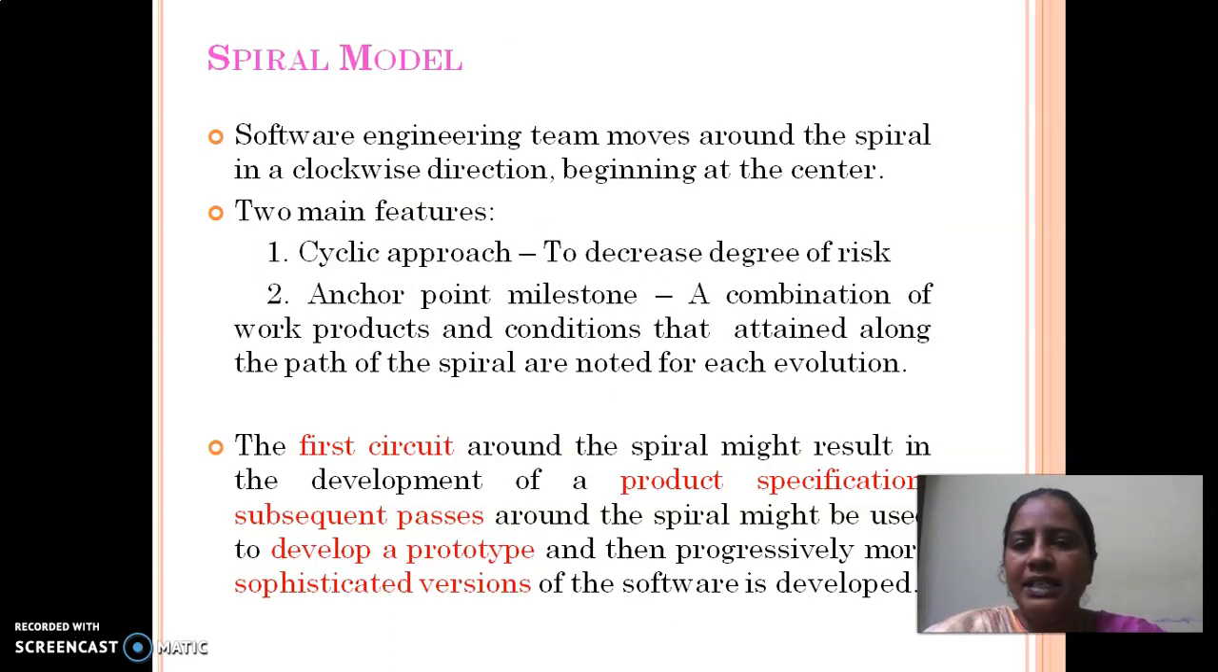The software engineering team moves around the spiral in a clockwise direction, beginning at the center. Two main features of spiral model are cyclic approach and anchor point milestone. Cyclic approach is to decrease the degree of risk. Anchor point milestone is a combination of work products and conditions that are attained along the path of the spiral